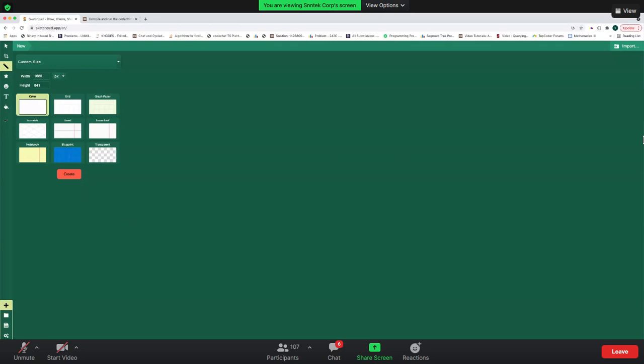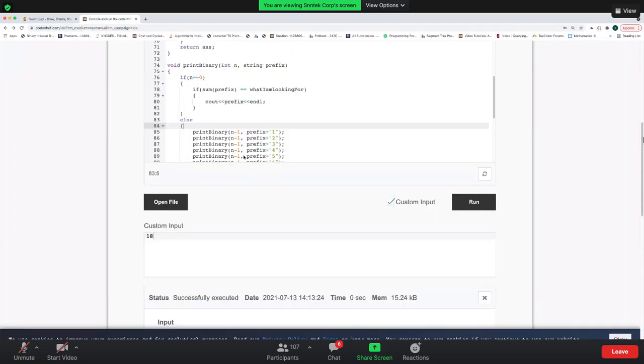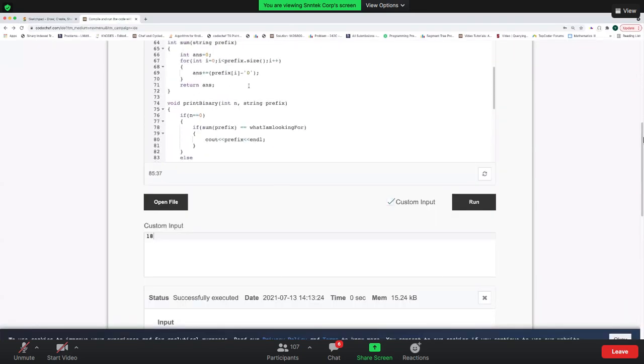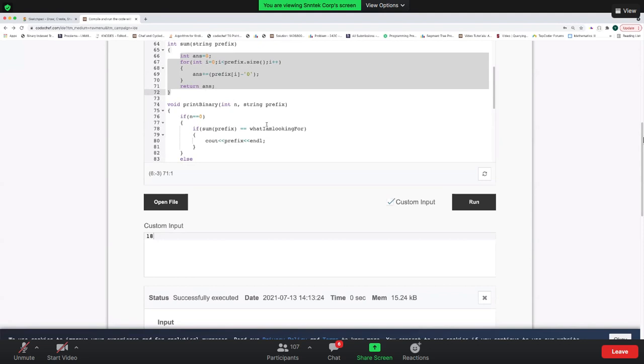We haven't used any of the loops, so if you see my code, there is no loop there. This is for calculating the sum of all the dices that I have picked. Okay, so you are saying that, yeah, that's actually true. So here what I'm doing is after calculating the sum, I can check whether this is the sum I was looking for. If that is the case, then I'm printing that.